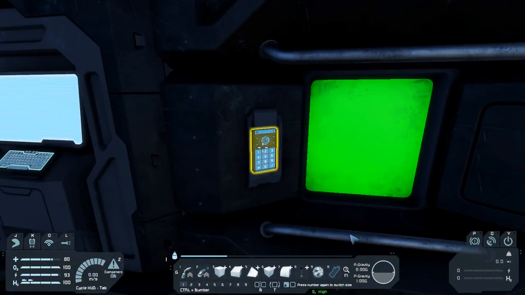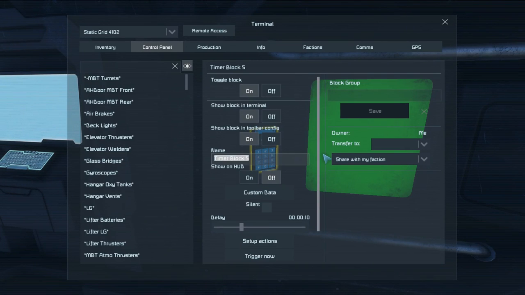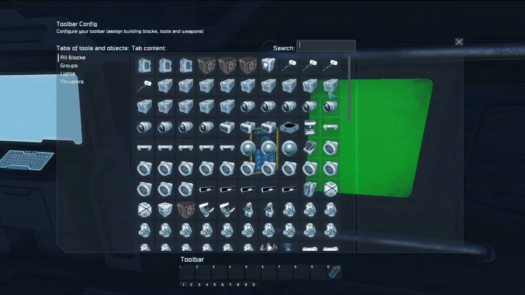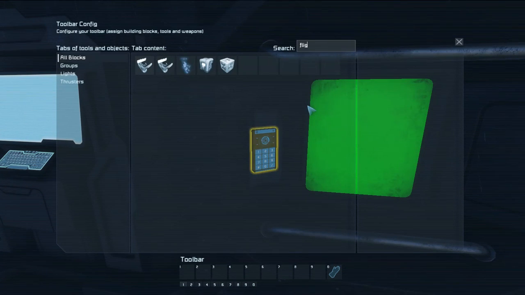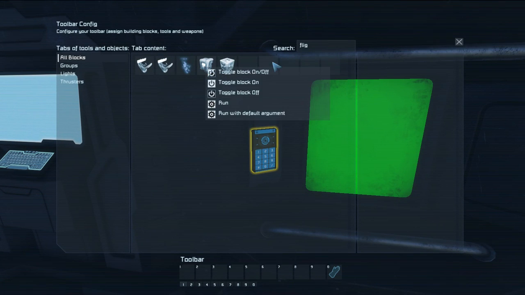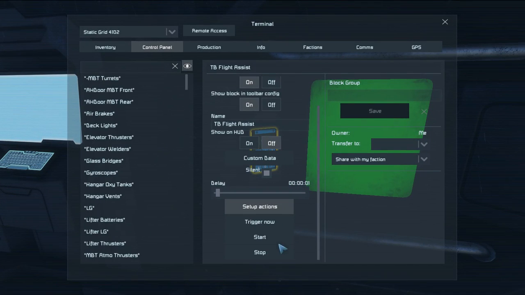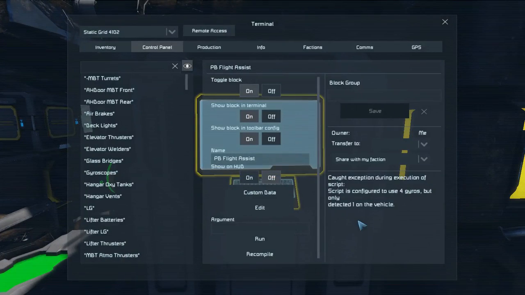Okay, and then what you do is your typical timer block, TB Flight Assist, silent works for me, delay of 1 second, setup actions, and this one likes to be run every tick. So we're going to have it trigger now and then start, so it'll trigger as the world launches. And now, in theory, this thing should be...